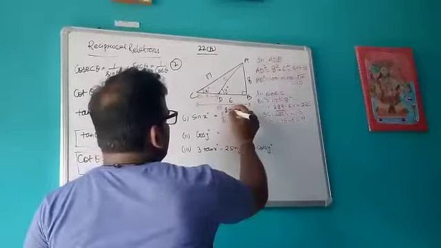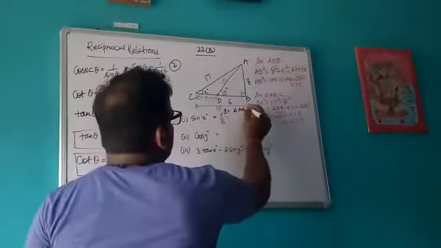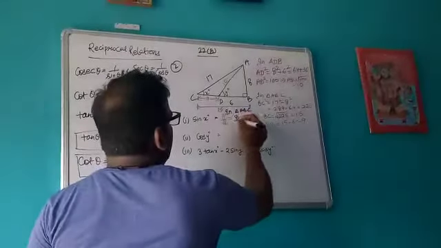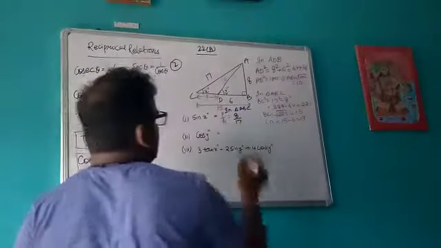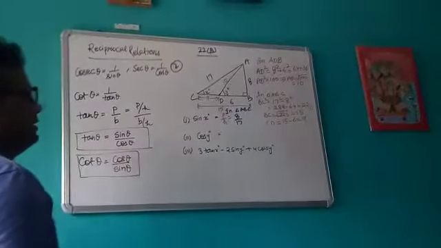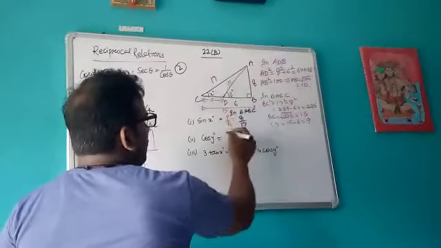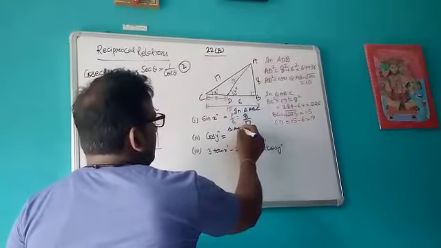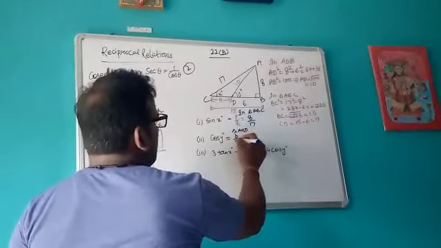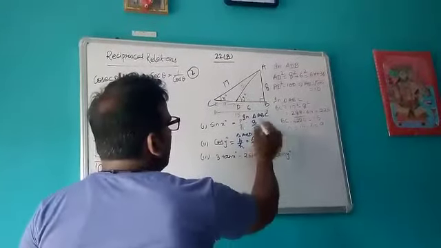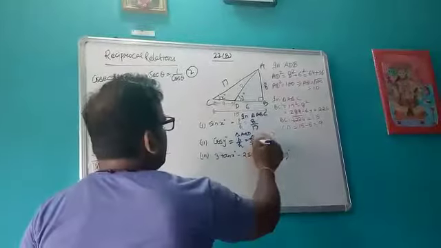This big triangle, triangle ABC. So for this x, what is the perpendicular? 8, and what is your hypotenuse? 17. So this is your sine x. Then for this cos y, which triangle will we consider? Triangle ABD. So cos formula is B upon H. So for this y, B is your 6 and H is your 10,